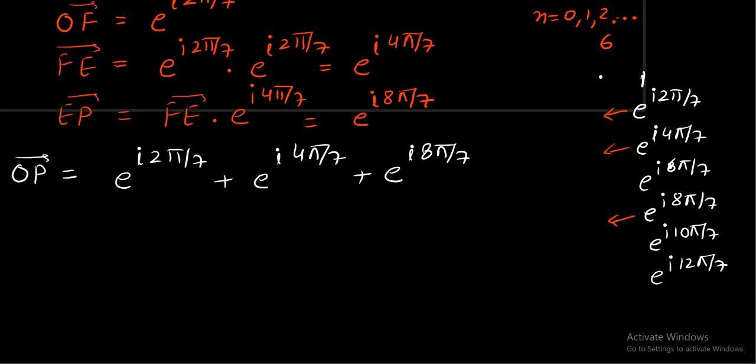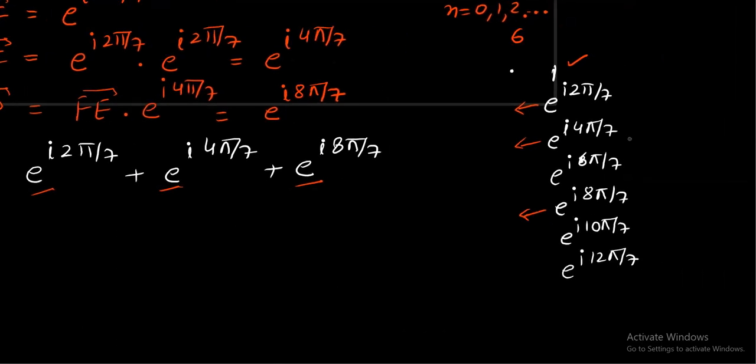So OP vector हमने दो तरीके से evaluate किया है. I'm definitely going to equate it, but before that I started concentrating on the values that I got here, and I came to know that they are nothing but the 7th roots of unity. Out of 7, 1 root is 1. The remaining 6 roots में 3 roots are like this, and the remaining 3 are definitely going to be their